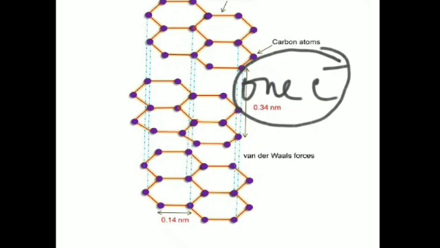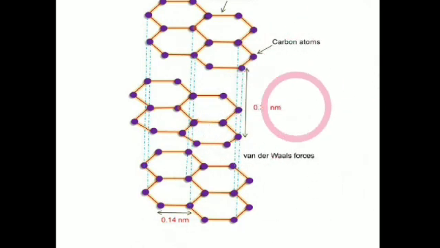Apart from this, the layers of carbon atoms in graphite are held together by weak forces. Now, this is the first layer, then the second layer. These layers are held together by weak forces, and because of the presence of these weak forces, what is happening? The layers can slide over each other. So this makes them a very good lubricant, just because it gives a soft and slippery texture to graphite.